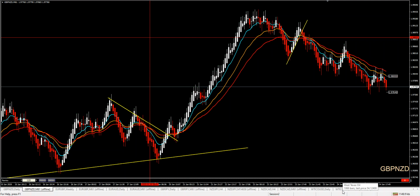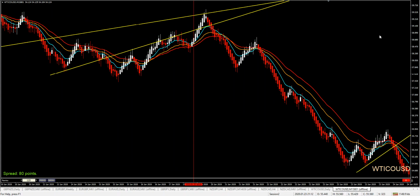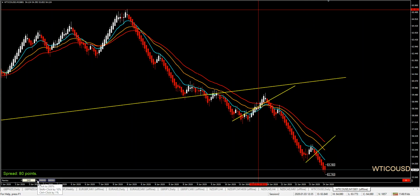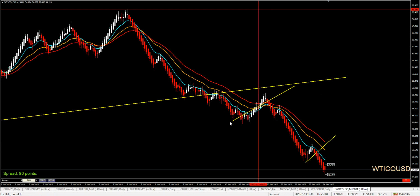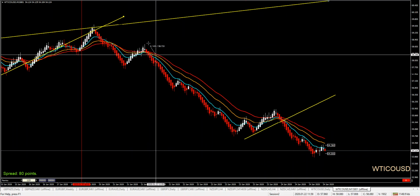Now on oil, we had a really nice opportunity. Here again, at the beginning of the week, let me go to higher settings, we had a very powerful trend line. After the reaction, price was crashing down. We saw price catching a breather here. We know the rules. We were waiting for a retracement, and you can see here our opportunity entry. Many of you also took this. That was again like 50-60 pips already,